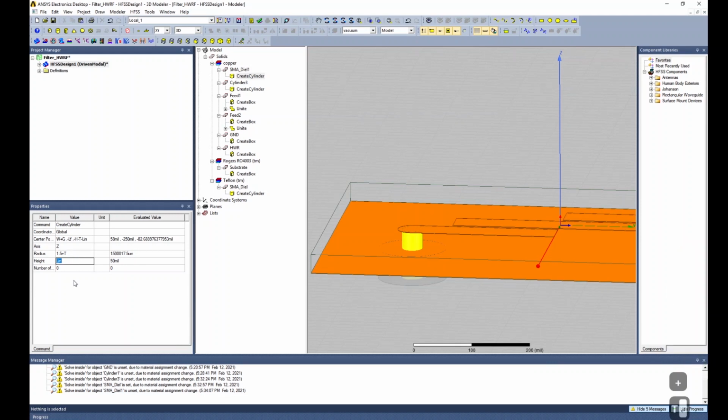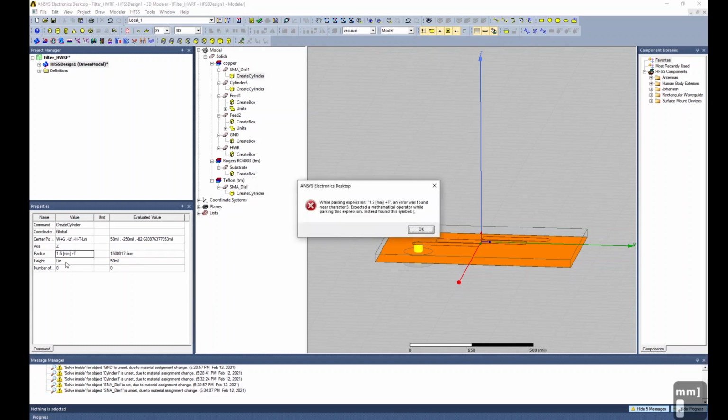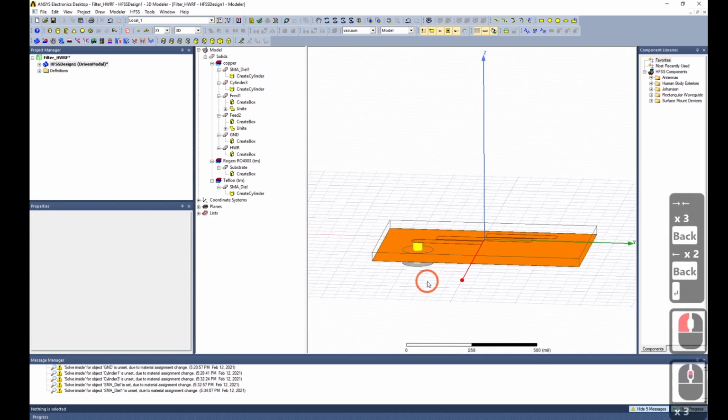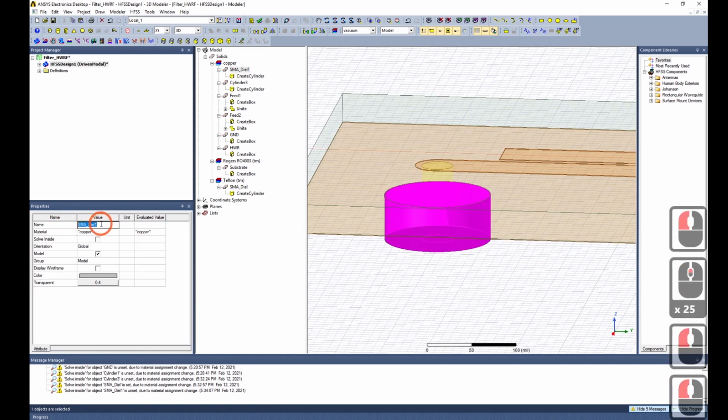What just happened? I didn't put the units, so it's 1.5 millimeters plus T. I didn't like that. Was it like this? Yeah. Okay, my bad. So this is the outer